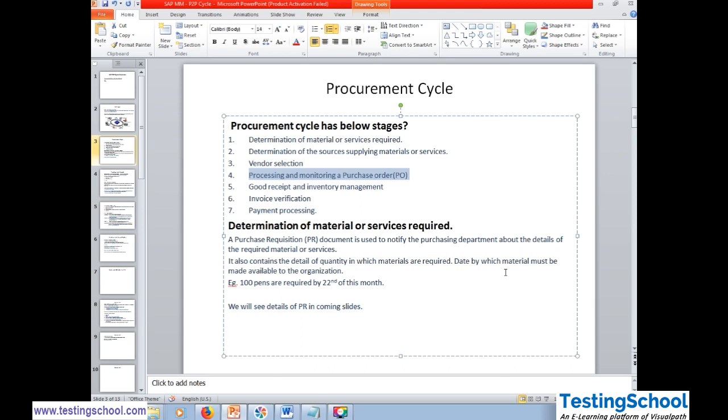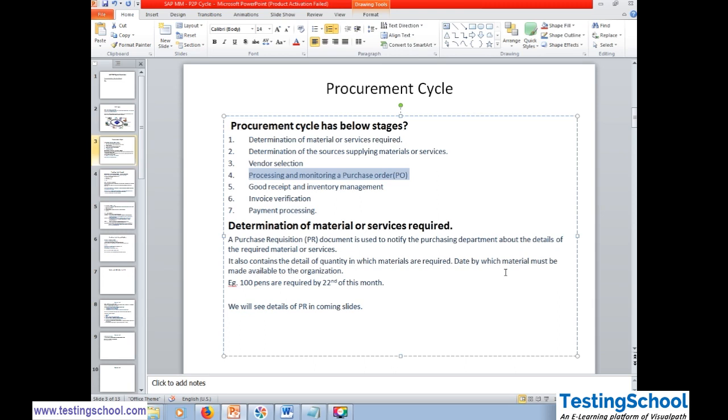Now once the PR is created in a large organization, the person who creates the PR does not create the PO. The PR goes for approval to the manager. If they approve, then it goes to the other section, who is going to create the purchase order. So the person who raised this PR, how does he know what the status of the PR is, whether it is rejected or approved? So what is done, we have to go to the item details section and we have to